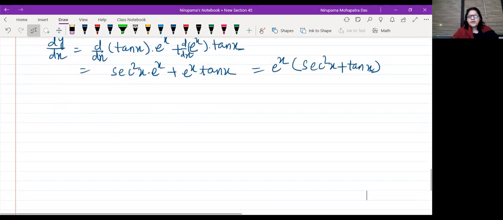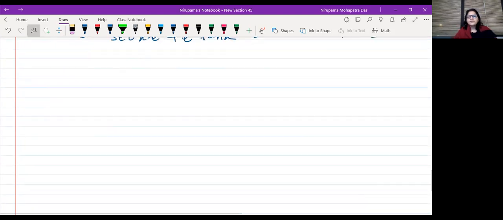These are some of the questions you can try, and the more you practice the product rule, the quotient rule, and functions where you have f(x) plus g(x), the process will automatically be remembered. As I have already told you, differentiation, specifically calculus, needs lots of practice. So that part has to be intact.